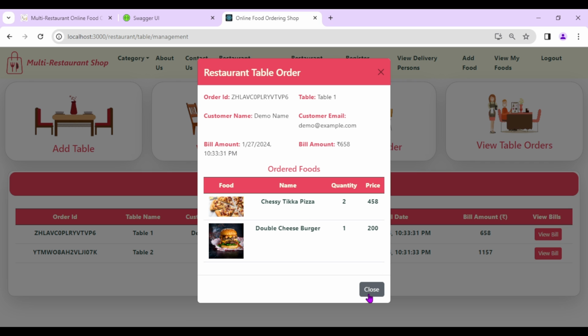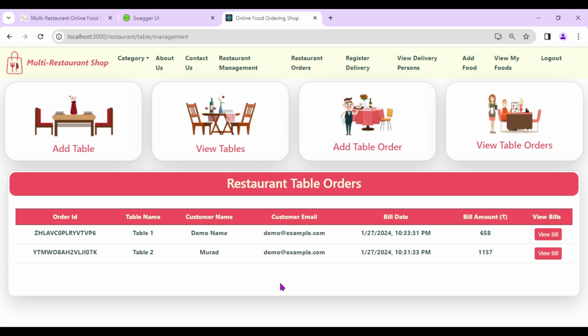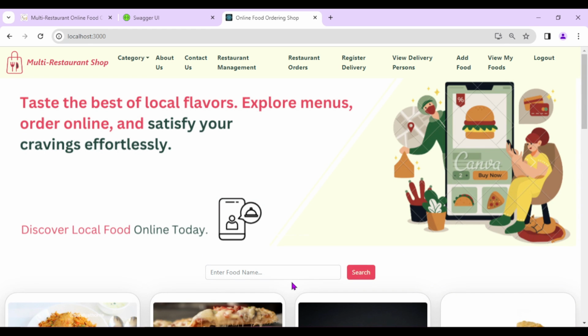Okay, so now in this way restaurant can also manage the offline customers who will visit to the restaurant. Okay, so now we can say we can use this project for handling the online customer orders also, and also we can handle the offline customers also. So this was the complete overview of the project, in which I have shown the complete restaurant management system, and I have shown like how restaurant can manage the offline customers.